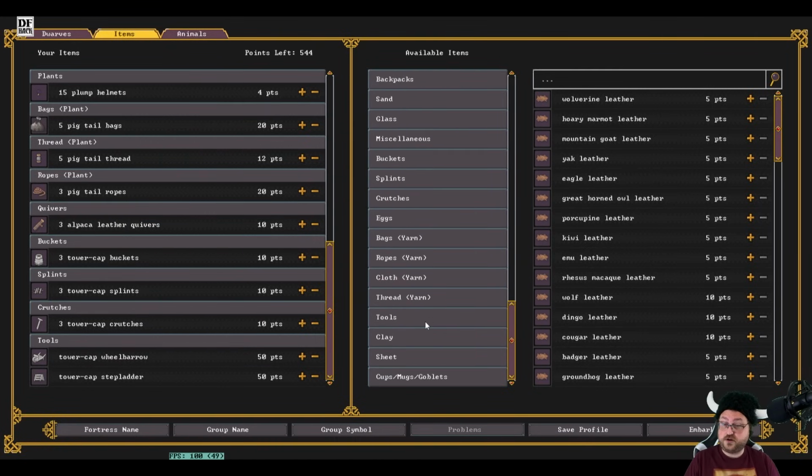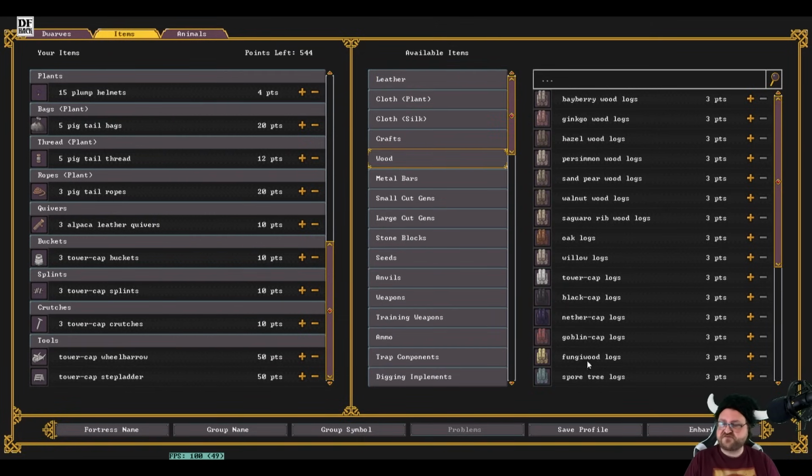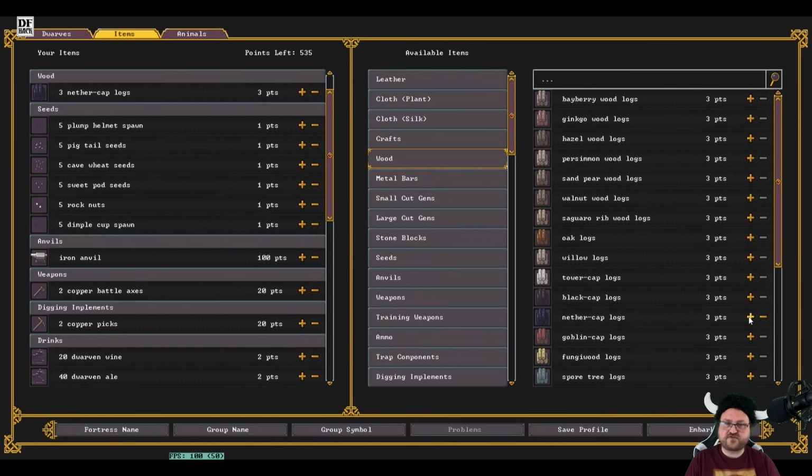We're looking for logs. Maybe it was near the top. Oh, wood. Doesn't matter what kind of material we bring for this. You know what? We can bring nether cap because it's quite cool. So we'll bring a bunch of this. The only thing we need wood for is making beds. There's a few things that would be convenient to use wood for, but the only thing we need